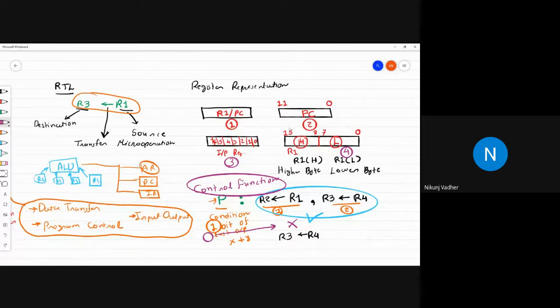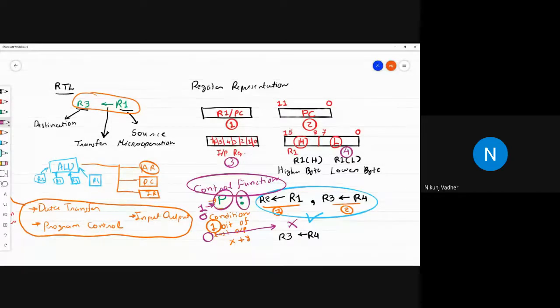Now here I'm giving you a simple example where P is a control function. If the value of P is 1, then whatever statements we have written on the right side of the colon, both statements, will be executed. If the value of P is 0, the condition is evaluated to false.